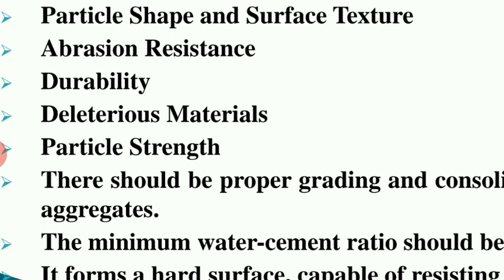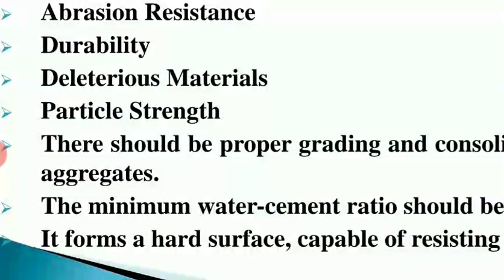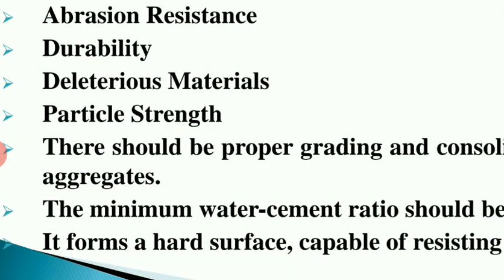And the next one is abrasion resistance. The abrasion resistance of an aggregate is often used as a general index of its quality. So just by checking this abrasion resistance, we can check the quality aspects of that particular aggregate. To find out this abrasion value, we can conduct a different test, that is the Los Angeles abrasion test. So we will come to know the total percentage of the abrasion value, and we consider that with respect to quality aspects.